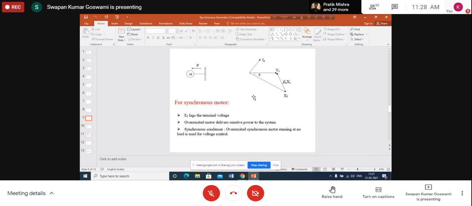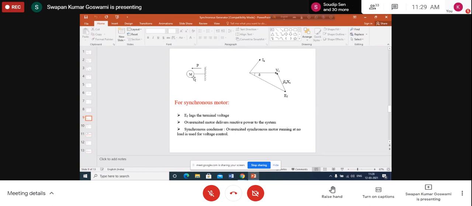And when a motor is operated in this role, it is operated at no load condition, because the whole purpose of installing the motor becomes controlling the reactive power, so it will not be driving any mechanical load. When a motor is utilized to drive a mechanical load, its total job is to cater to that mechanical load only. Here the motor is installed to supply reactive power, to control the voltage.